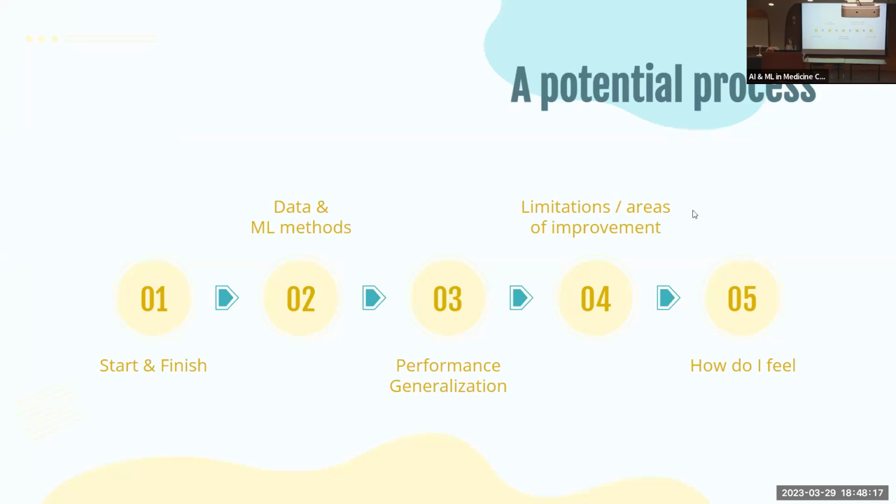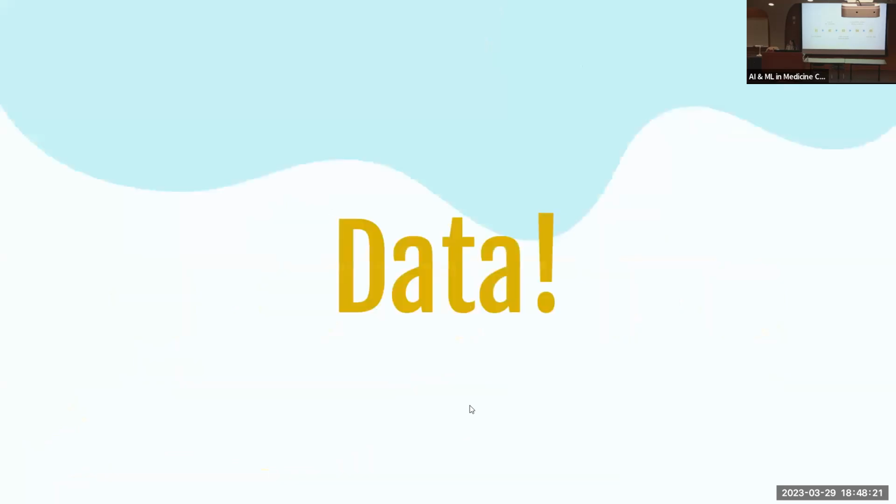So anyways, limitations and areas of improvement. I think we have 10 minutes. So always look at the data. Whenever you're assessing the limitations of a paper, you want to take a look at the data and think about all those things that we talked about. Do we have enough data? Is the data of good quality? Do we have enough diversity in the data?